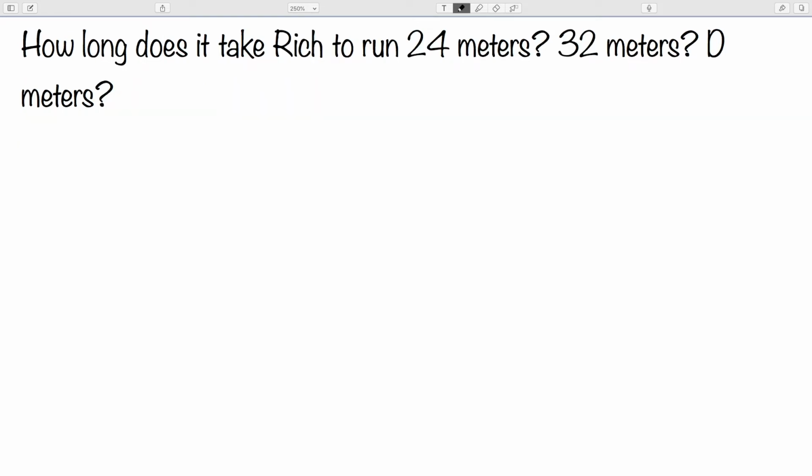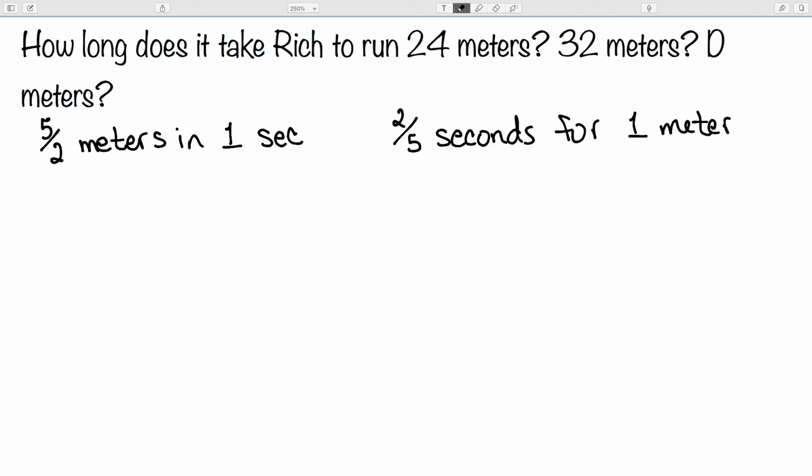Continuing with this problem, let's consider how long it takes Rich to run 24 meters, 32 meters, or D meters. Well, we'd actually have 2 unit rates. 5 over 2 was one, and that gave us how many meters he runs in 1 second. If we reverse that fraction, we get 2 over 5 seconds for every 1 meter. In that case, for the 24 meters,